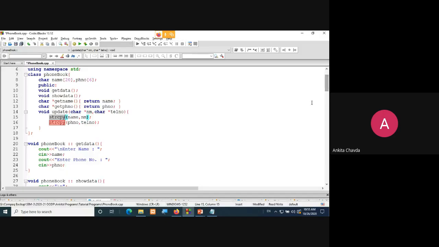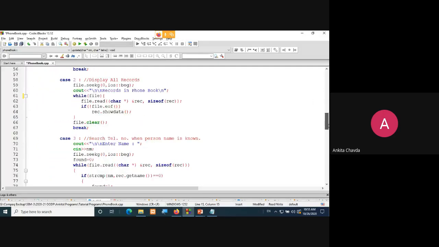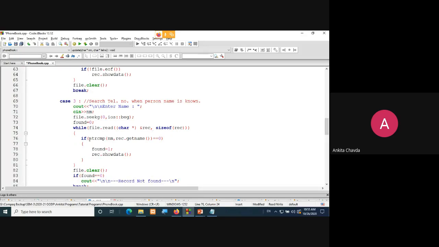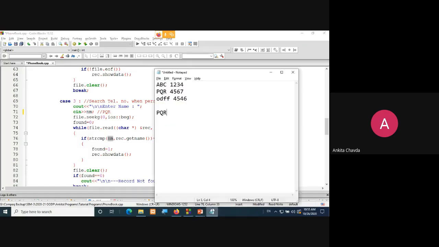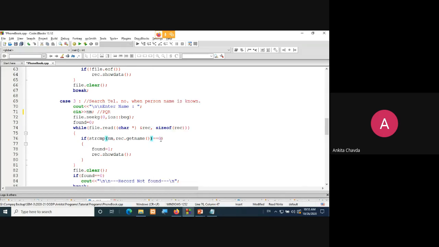So what you are doing over here is, it will simply compare your name with your record name. Means here the user has given, say suppose, PQR. So this PQR will be compared the very first time with your very first record, ABC, say suppose. Are they equal to 0? Means the strings are exactly the same?